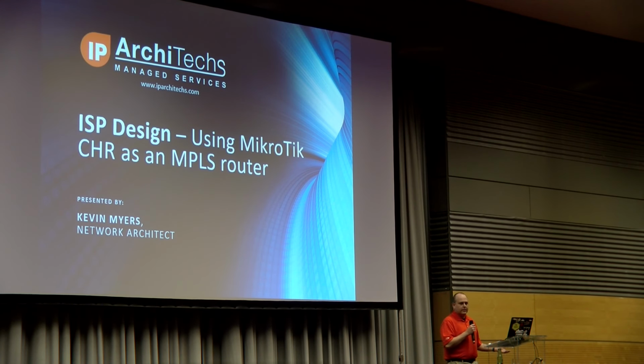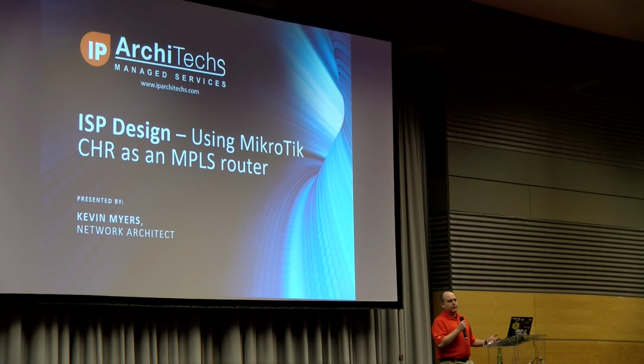If any of you were in Berlin last year, we did some testing with MikroTik CHR for a BGP border router. And we tested different hypervisors against each other to see what the performance would look like. And the results were actually kind of surprising because we found out that HyperV was the best hypervisor for MikroTik CHR, and that kind of surprised everybody. I got a number of comments after that, everybody said, I can't believe HyperV is the best hypervisor, but